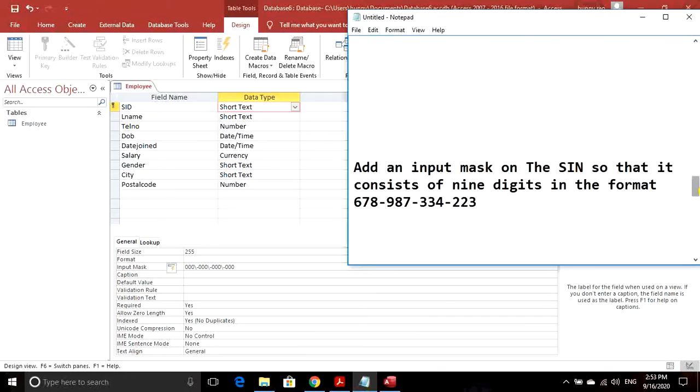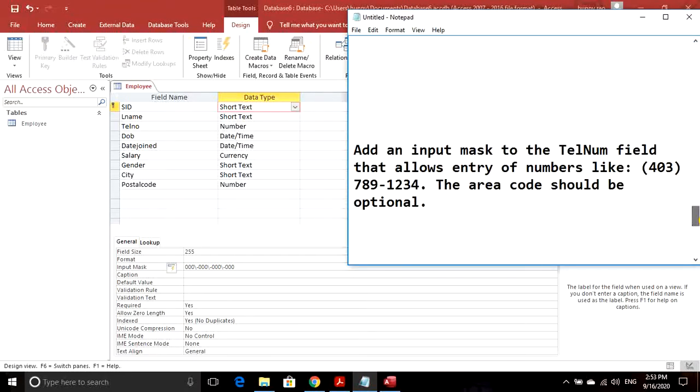Moving forward, add an input mask to the telephone number field that allows entry of numbers like this. Now we have a format something like this. Round brackets, 403, then 3 digits, then dash, and then 4 digits. The area code should be optional, like if the user wants to enter, he will enter, otherwise it will be optional.